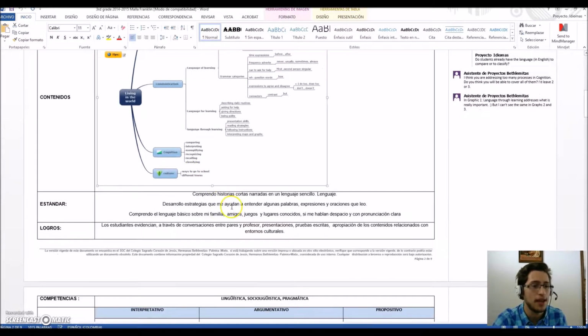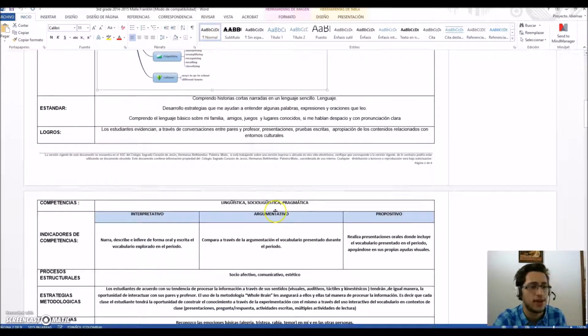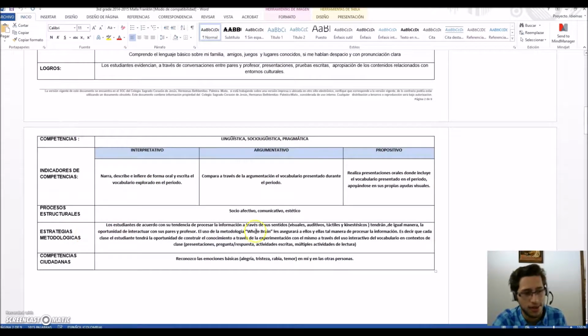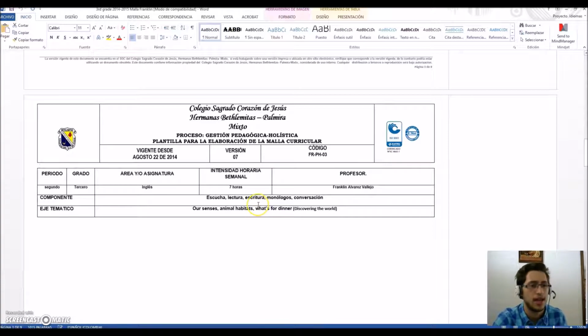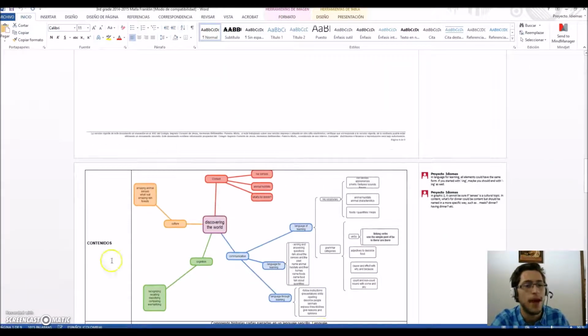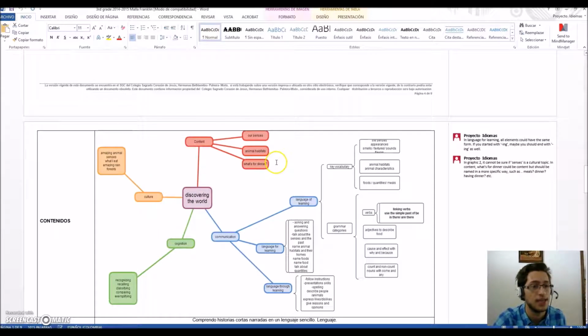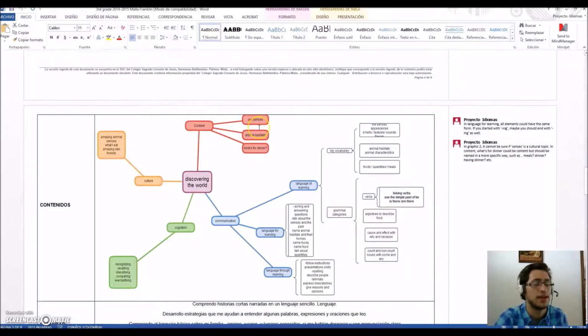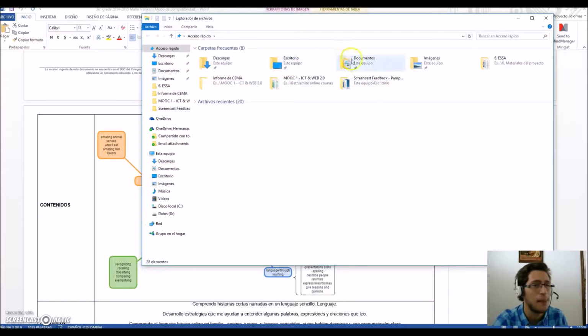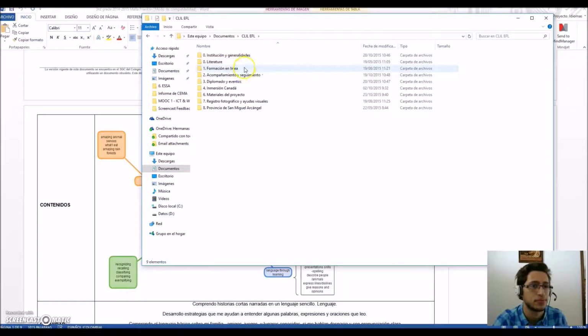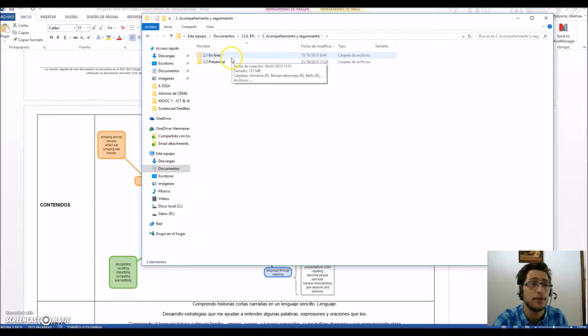As we can see in Palmira, they also have the standards, they also have competences, the methodology. But again, the emphasis here is the map is there. The 4Cs are there. This is what we want to see in your plans. It can be a map, it can be a chart, but the idea is that the 4Cs are actually there. Remember, content, communication, cognition, and culture. I'm going to go back to your plans because you had them there, but you didn't develop them. Let's see what I mean.